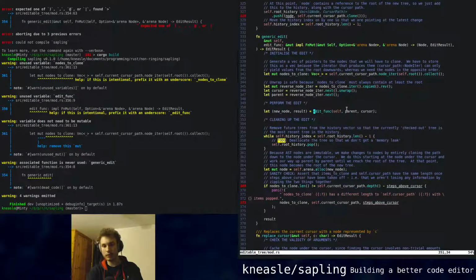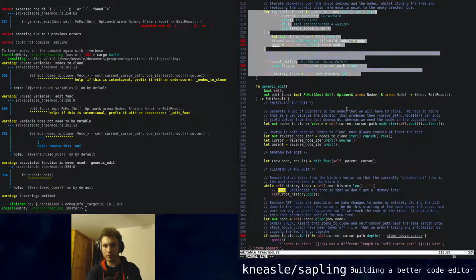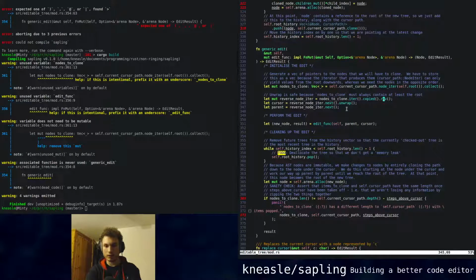Mut edit func. Yes. Don't know how long ago that was, but that's better. Okay. Well, I mean, we get the same errors, but whatever. You know what? We're going to cannibalize this function anyway, so we may as well. No, actually, I think we should copy it past one slot at a time. So